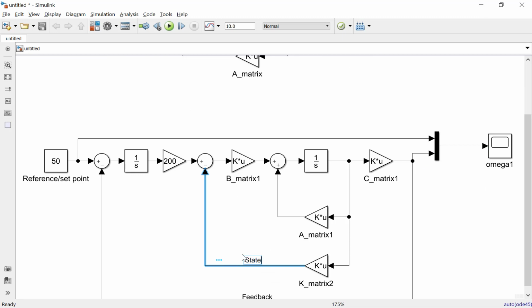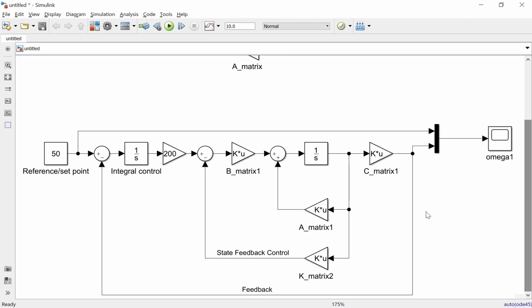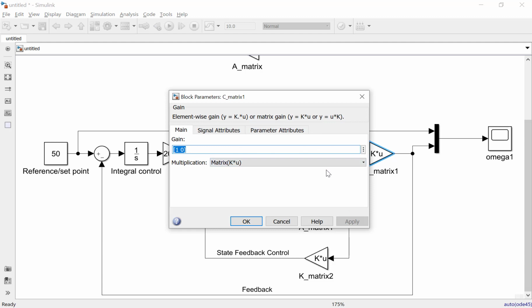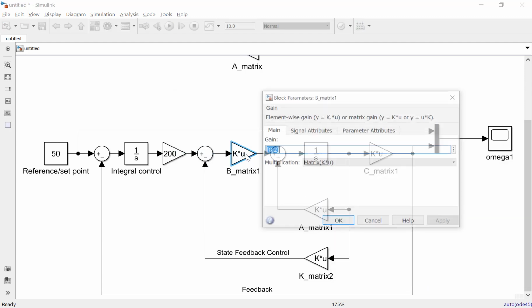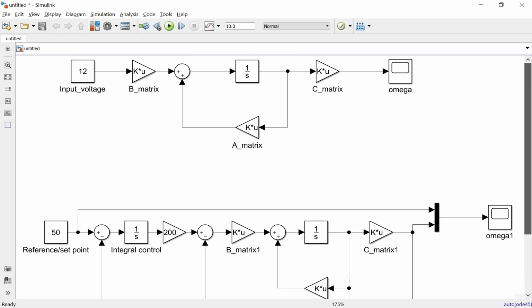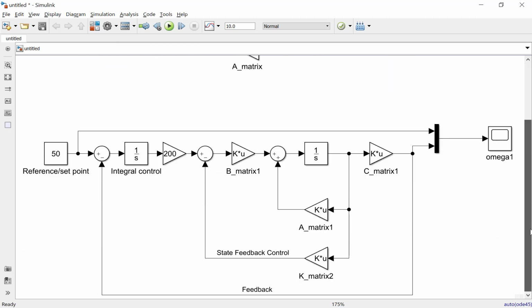So it is the state feedback control, and this is the integral control here, with this integral gain, and this is the C matrix, A matrix, and also B matrix. Okay, I think that is enough for my presentation about the open loop simulation and then the closed loop simulation using the state feedback control and also the integral control.